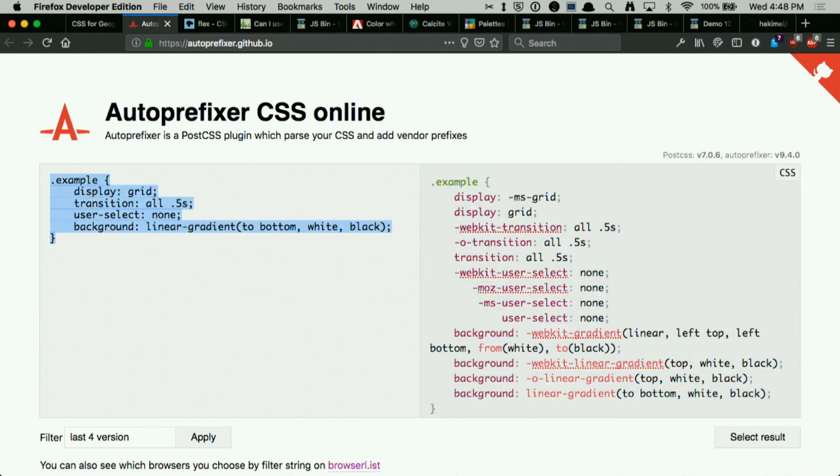So you can see that we said we want our example to be display grid. And it not only put in display grid, it also put in display MS grid from Microsoft Grid for older versions of Internet Explorer. And it did all that for us without us even having to worry. So this is just a great tool. Write your CSS, paste it into this, copy this back out, and then you probably support maybe IE11,